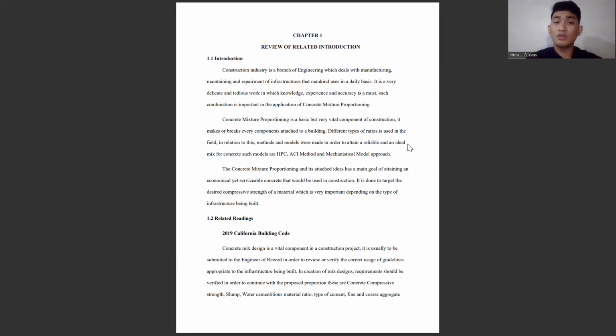Different types of scenarios are used in the field in relation to this. Methods and models were made in order to attain a reliable and ideal mix for concrete, such as HPC, ACI method, and mechanistic model approach. Concrete mixture proportioning has as its main goal attaining an economical yet serviceable concrete that would be used in construction. It is done to target the desired compressive strength of a material, which is very important depending on the type of infrastructure being built. This is the related readings, which is solely the